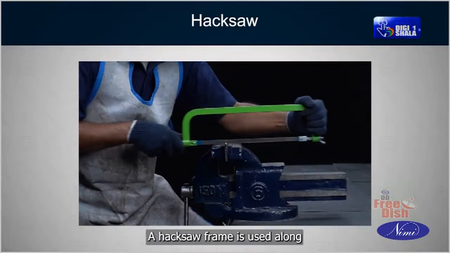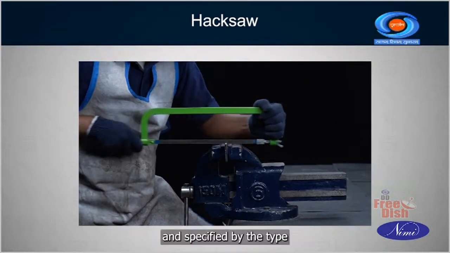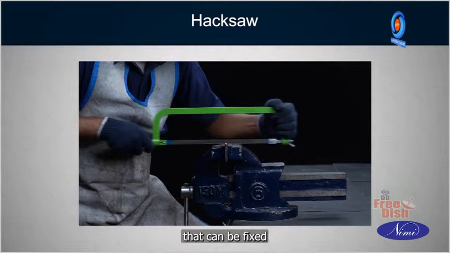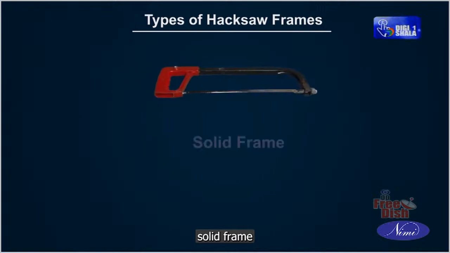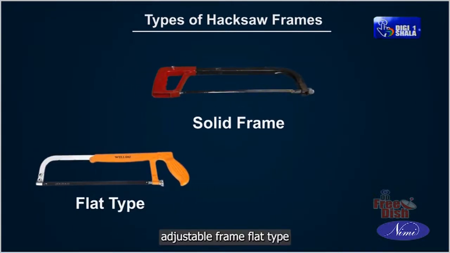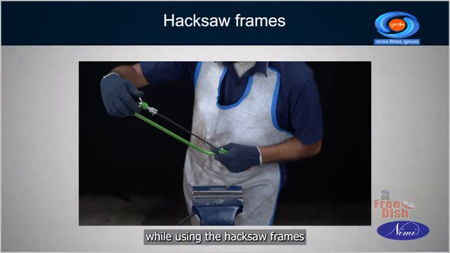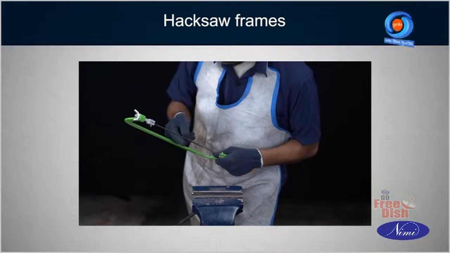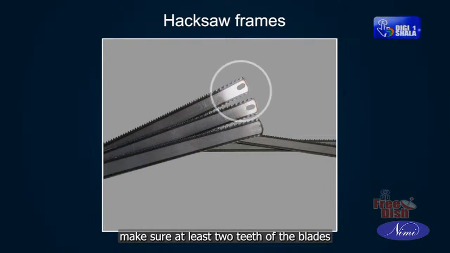A hacksaw frame is used along with the blade to cut metals of different sections and is specified by the type and maximum length of the blade that can be fixed. The two types of hacksaw frames are solid frame, adjustable frame flat type, adjustable frame tube type. While using the hacksaw frames, tighten the hacksaw blades with correct tension. While selecting blades, make sure at least 2 teeth of the blades will be in contact with the work at